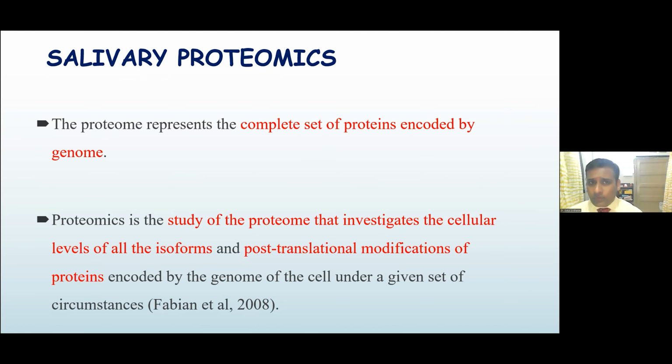The next possible role of saliva is the identification of salivary proteomics. Proteomics is one of the most important components of identification, especially in cancers, because protein alterations are widely encountered in various cancers, especially in oral cancer. The proteome usually represents the complete set of proteins encoded by the genome. So to identify the protein, we can see the changes that take place at the cellular level, as well as the post-translational modifications of these proteins. And this has actually been